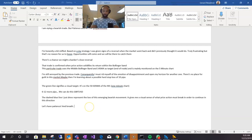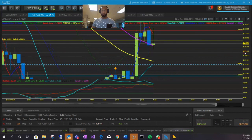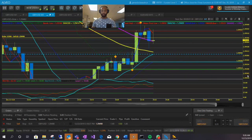But here, it's been some time already, and we are waiting for a big move. And as I said, I predicted 6 to 12 pips, which is good. 6 to 12 pips with 0.35 or 0.45 lot size. That's a decent amount. You can have dinner or even dinner and a movie with you and your loved one,